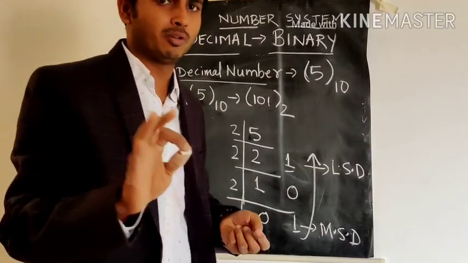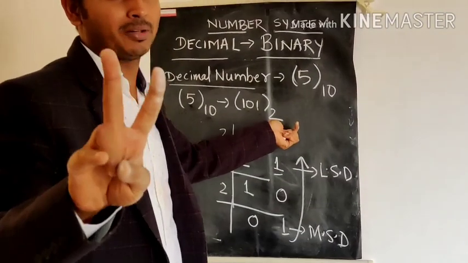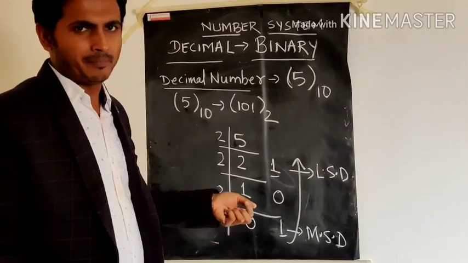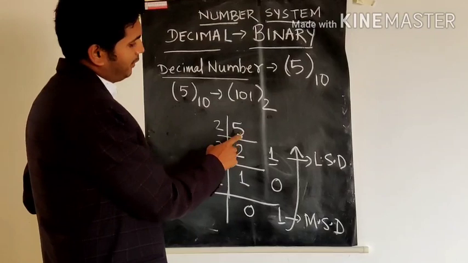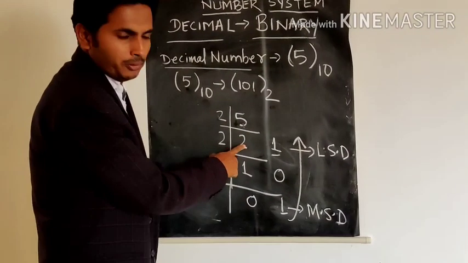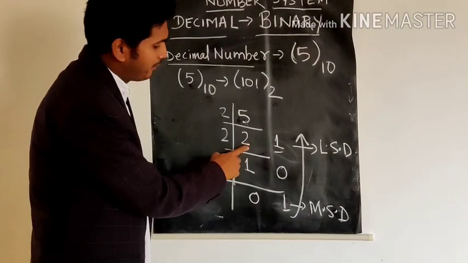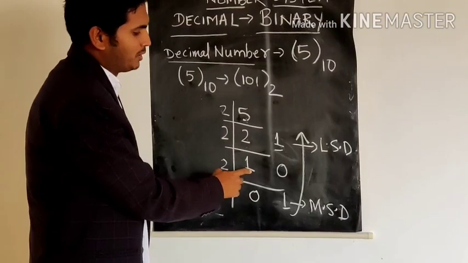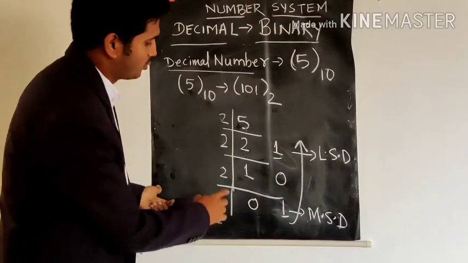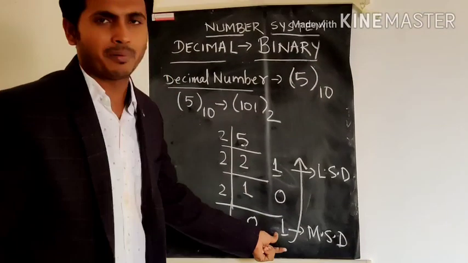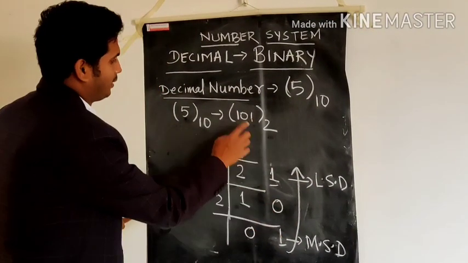Again I am explaining, don't get confused. First we take 5 and divide by 2. Why? We have to convert it into binary, so we divide by 2. How many times will we divide? Till the quotient becomes 0. First we divide 5 by 2: 2 twos are 4, remainder is 1, on the right side. Then the quotient is not 0, so again we divide 2 by 2, remainder is 0. And again we have to divide, because the quotient is not 0. 2 zeros are 0 and the remainder is 1. Now we collect from bottom to top, most significant digit to least. So this is 101.